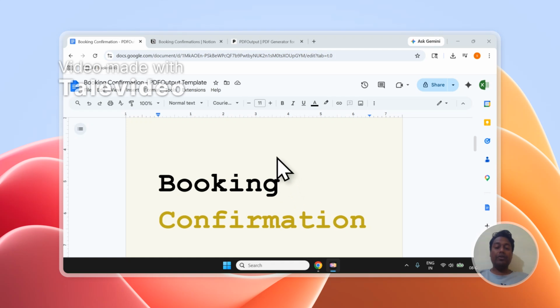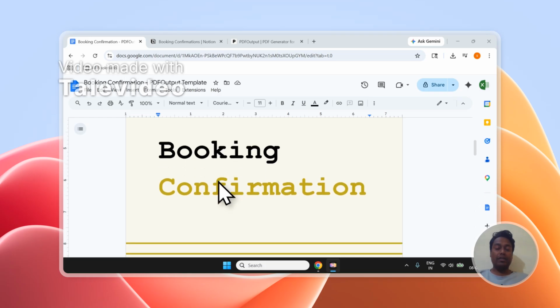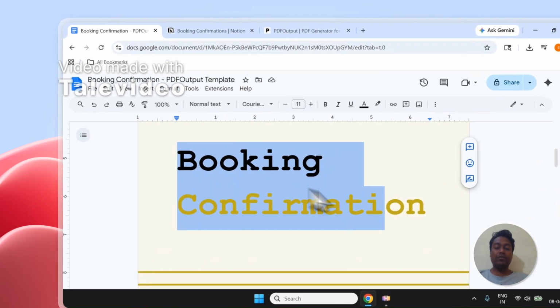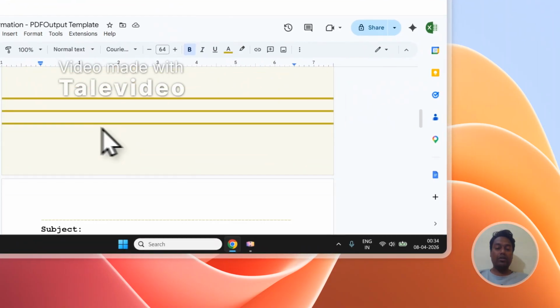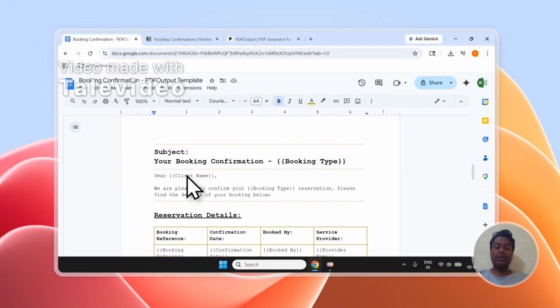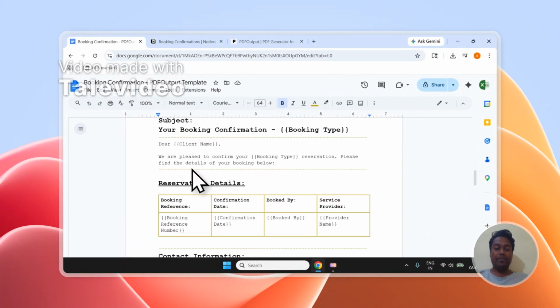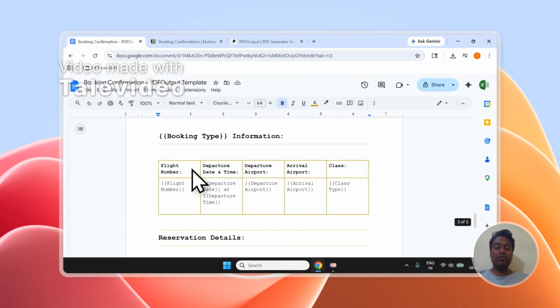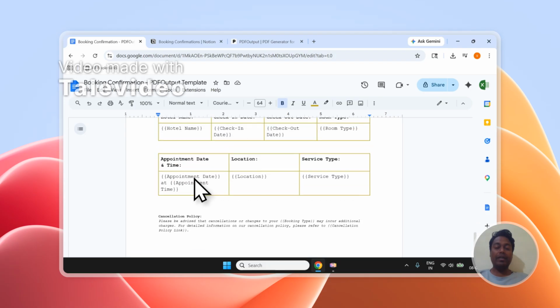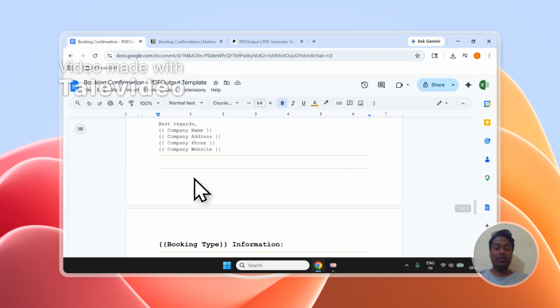Hi, today we're going to talk about booking confirmations and understand how to create PDF files on automation from a booking confirmation template. As you can see, I have created a booking confirmation document in a Google Doc which has all the necessary elements that you will typically find in a booking confirmation. Utilizing this Google document as a template file, we'll be creating PDF files completely in automation with the